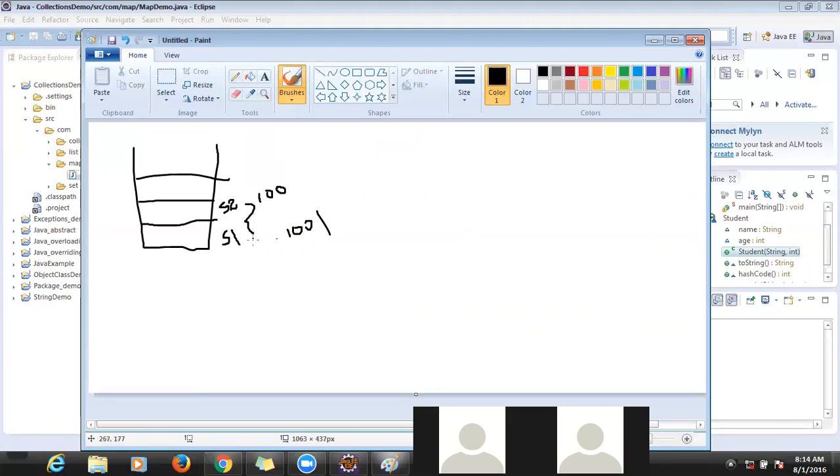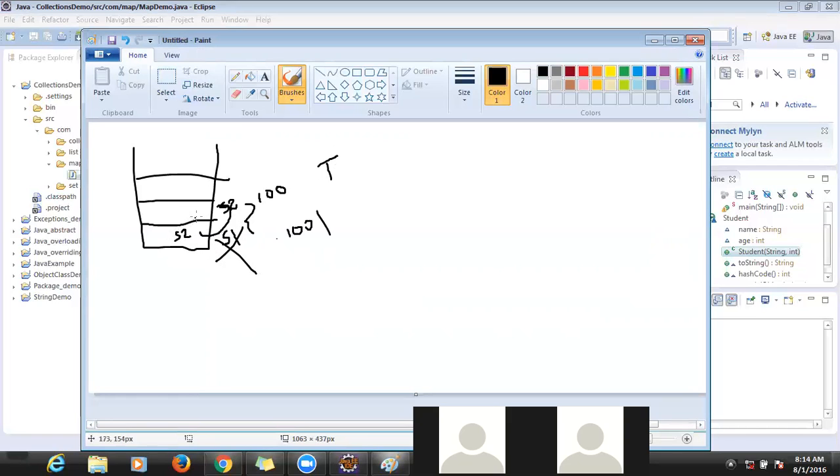If both hash codes are equal, then it will go for the equals method. If equals also returns true, then it will override the existing object. So now s1 will be overridden with s2.